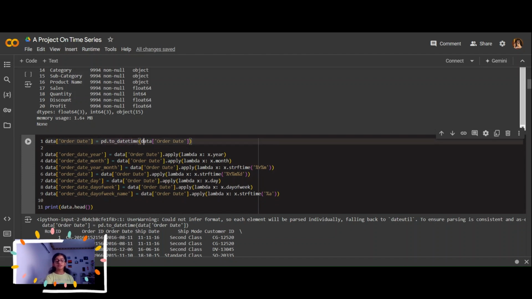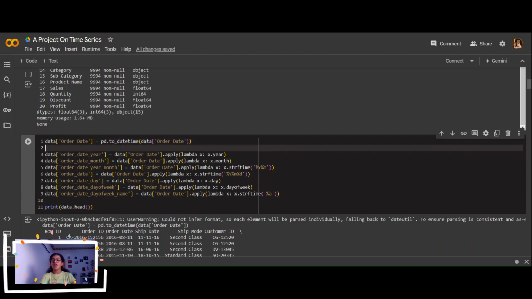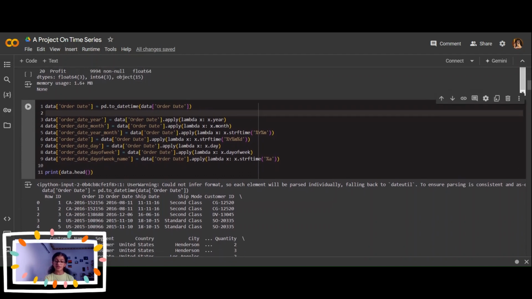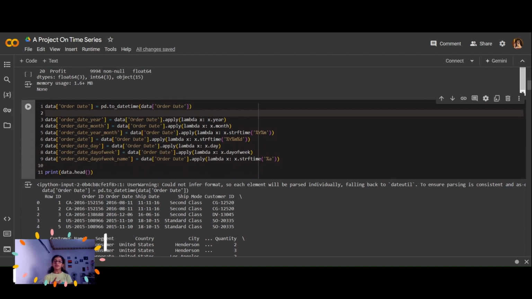And now our order date, which was not understandable by Python, is now going to be understandable because we've converted it to datetime, which means the normal date. For example, this 2016-8-11 means the order was placed on the 11th of the 8th month of the year? 11th of September in 2016.